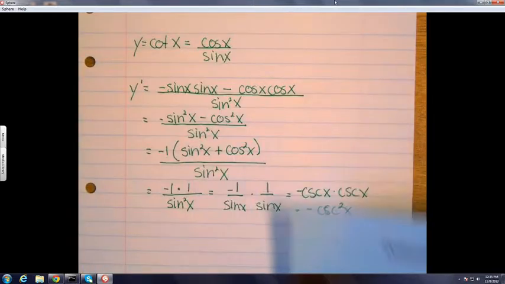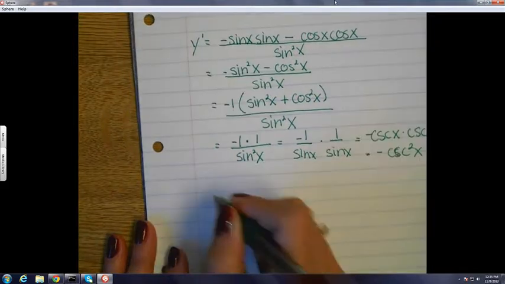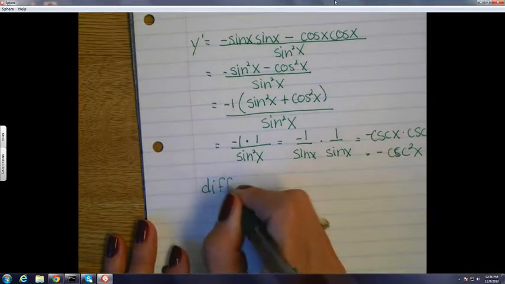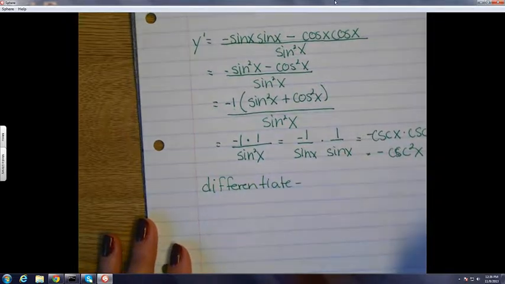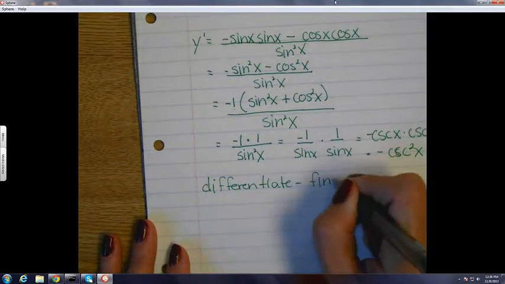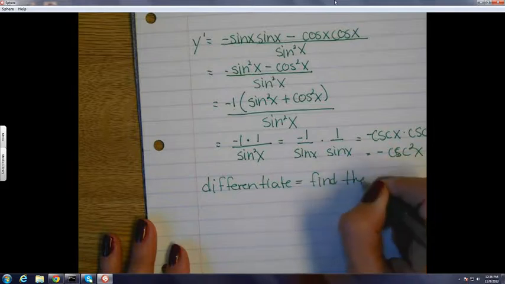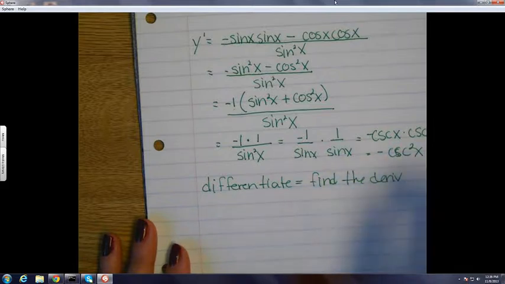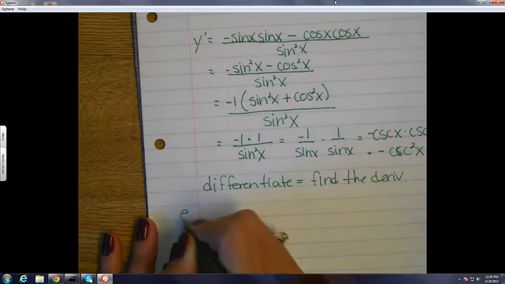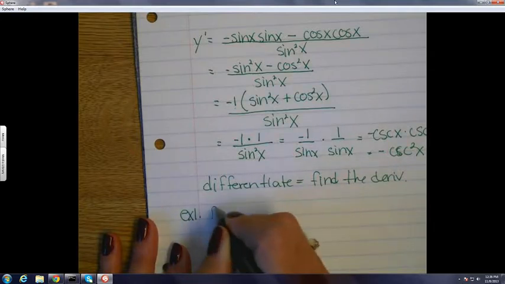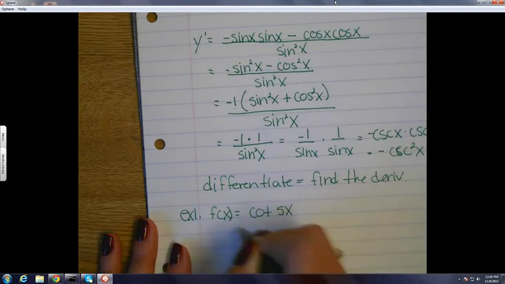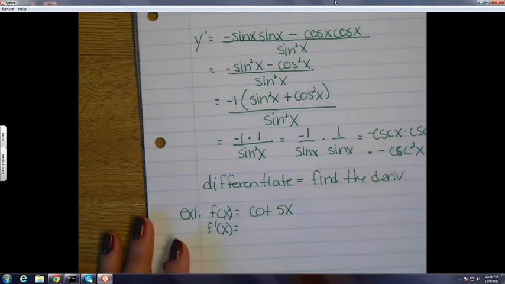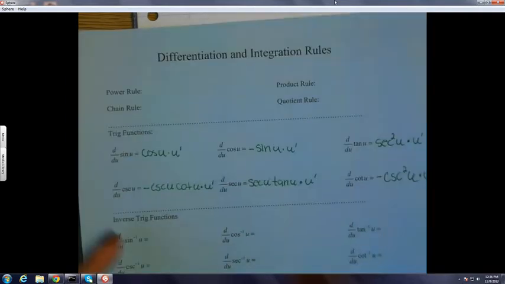Here we go. Differentiate. All differentiate means is find the derivative. So we'll start simple. Let's go f of x equals cotangent 5x. Derivative then, make sure you use the right notation. Cotangent's derivative